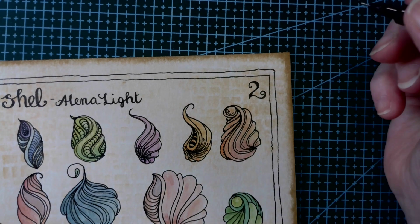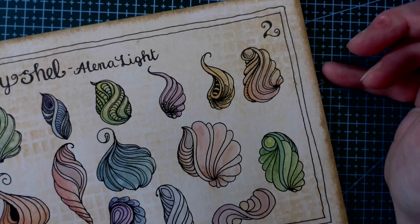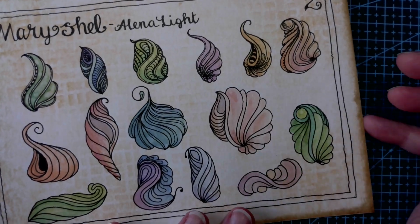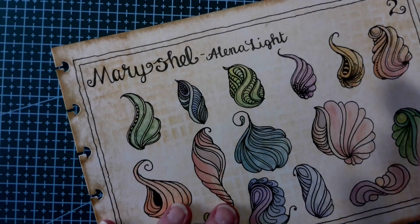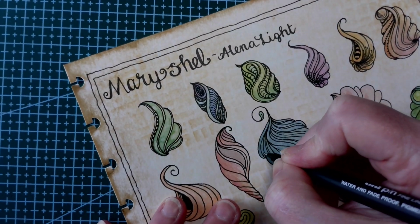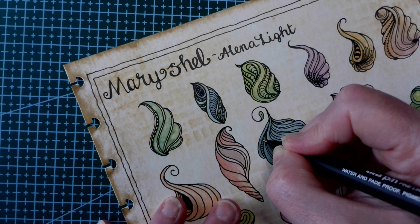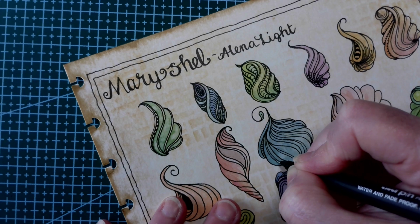Only time will tell. But that just pushes that in a different direction, I guess. Okie dokes. Any others that I'm desperate to add? This one's a good one for adding pattern to, simply because I've got lovely big spaces there. And I think with this one, go to this one first, because I did want to put little seeds in these sections. And I will go and use a white gel pen, or maybe even, these are very tiny mine,